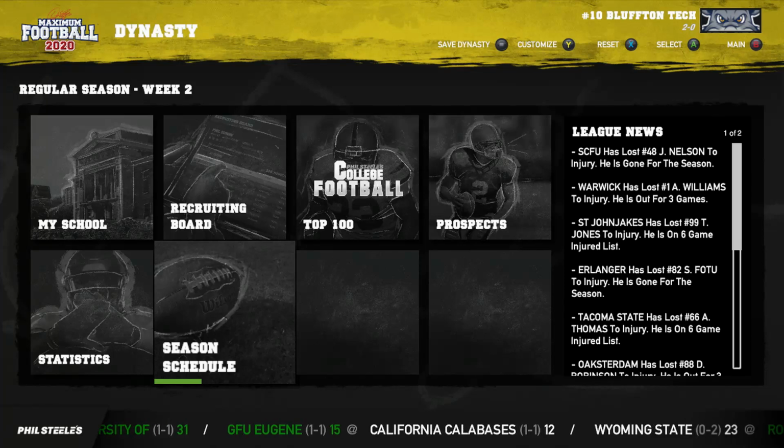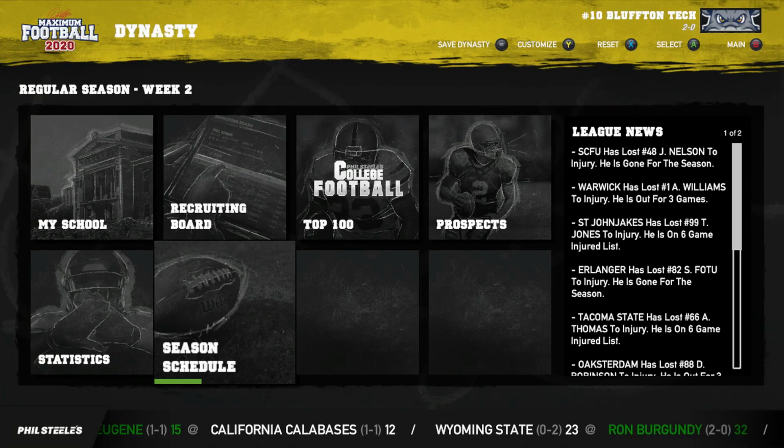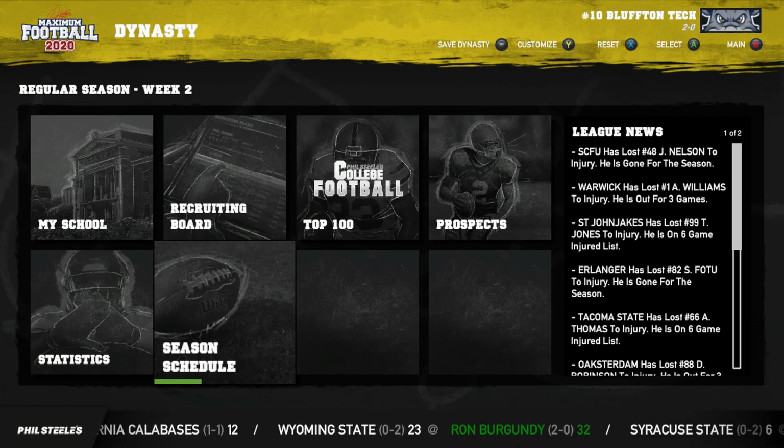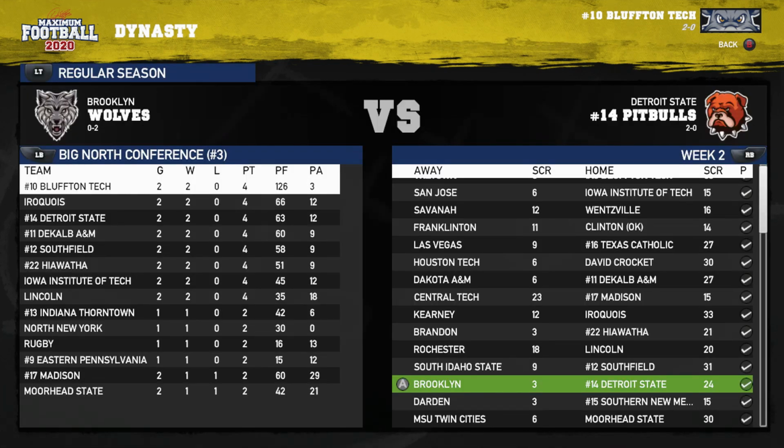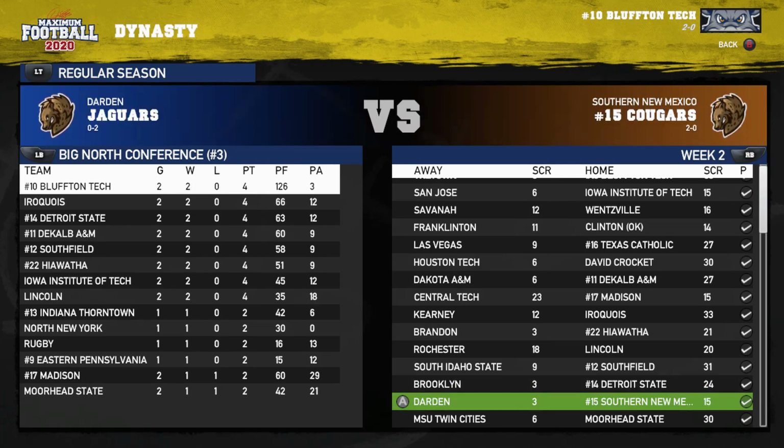So with this brief break that we have in the action, let's go ahead and check out some other scores in the ACSA over the course of week 2. First off, we have the Brooklyn Wolves going on the road to play against the Detroit State Pit Bulls. While they played them tough, they fall once again, losing that game 24-3. Meanwhile, the Darden Jaguars from the Stars and Stripes Conference did give them everything they could handle. However, it simply wasn't enough to take down the number 15 team in the nation,